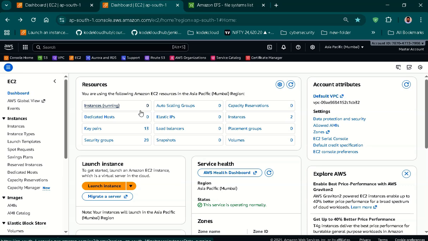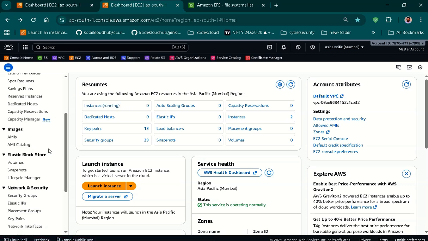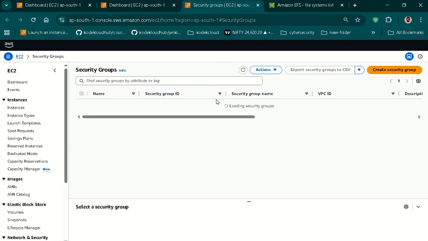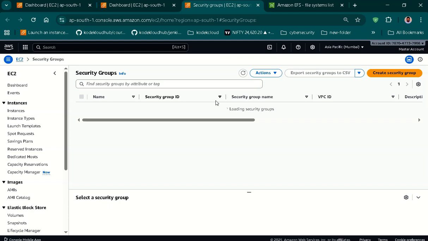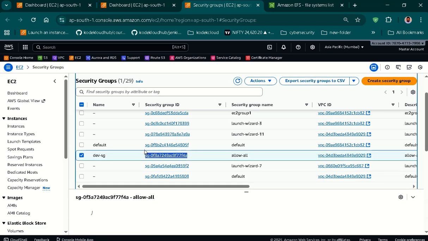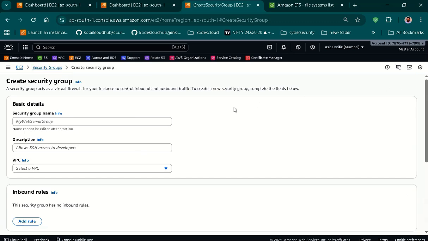Before creating EFS, let's have a security group for EFS. To create a security group, you need to go to the left panel, and then from here you have to select the security group. And in the security group, there is something which we need to do: we have to only allow the security group which we attach to the servers. We'll be attaching it to the servers. Like this is the security group which we'll be attaching to the servers. So we have to copy this, and then you have to create a security group, NFS,